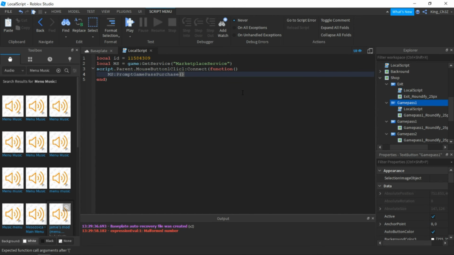Now we go down and we'll do ms, and there's something called prompt Game Pass purchase. We'll do game.players.localplayer. This will prompt the local player who's activating the script. And then we'll do the ID of the thing. And that is basically it right there, guys. So that's that. And the next thing we want to do is just copy this over into all of the